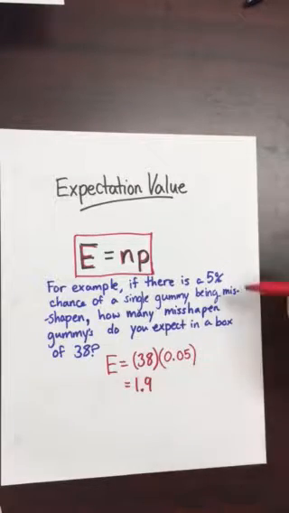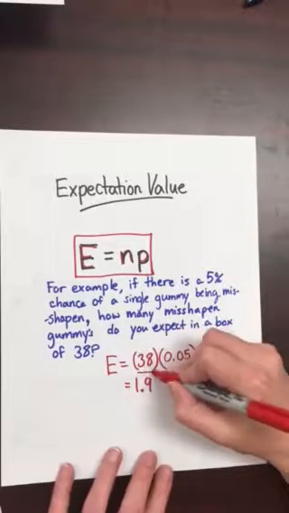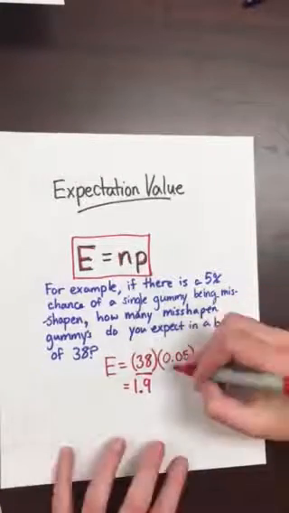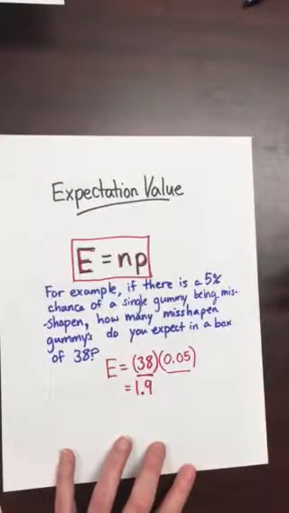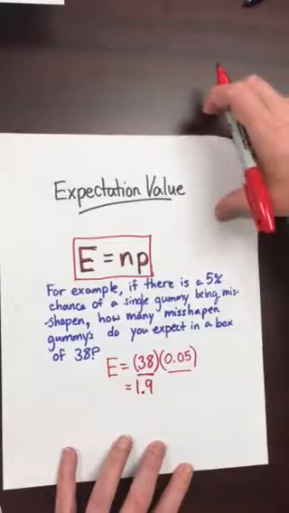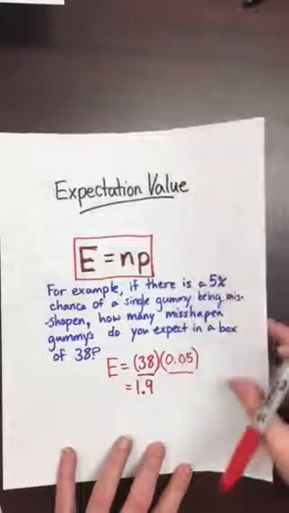So just as an example here, in our case of the gummies, there's a 5% chance of a single gummy being misshapen. How many misshapen gummies do we expect in a box of 38? Well, we just take n, the number of trials, or in this case the number of gummies in our box, times the 5% chance for each gummy, that's p, our probability, and we're expecting around 1.9 gummies in the box to be misshapen. All right, so that is binomial probabilities in an